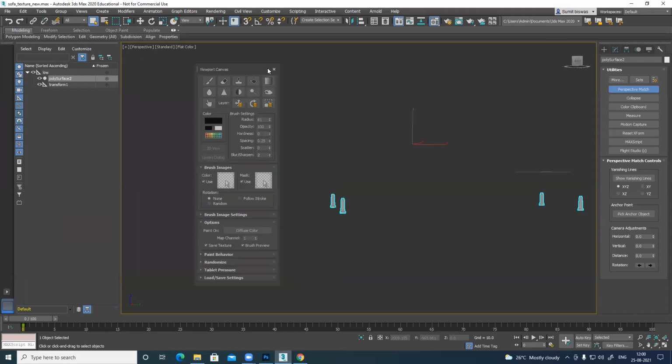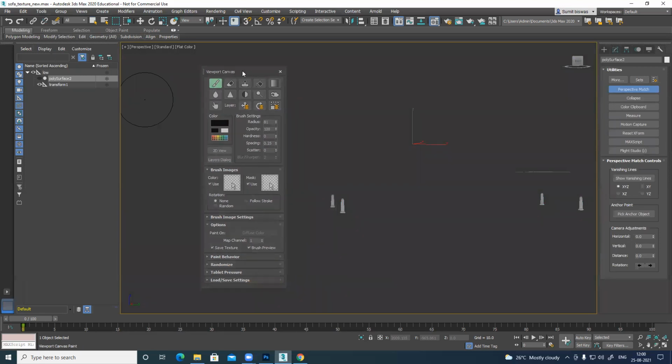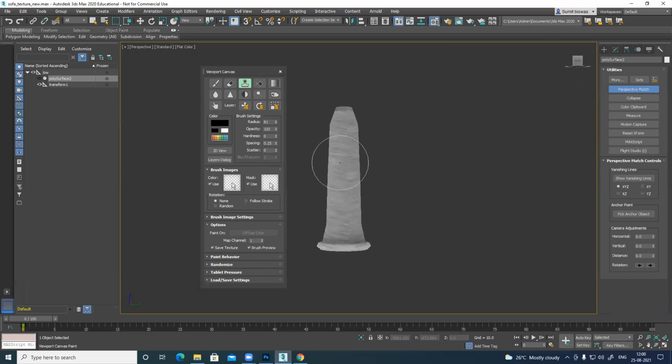Viewport canvas, I switch it on again. Click here, and it's automatically using PSD. This time I want to stamp. So it's showing the PSD option. Zoom.